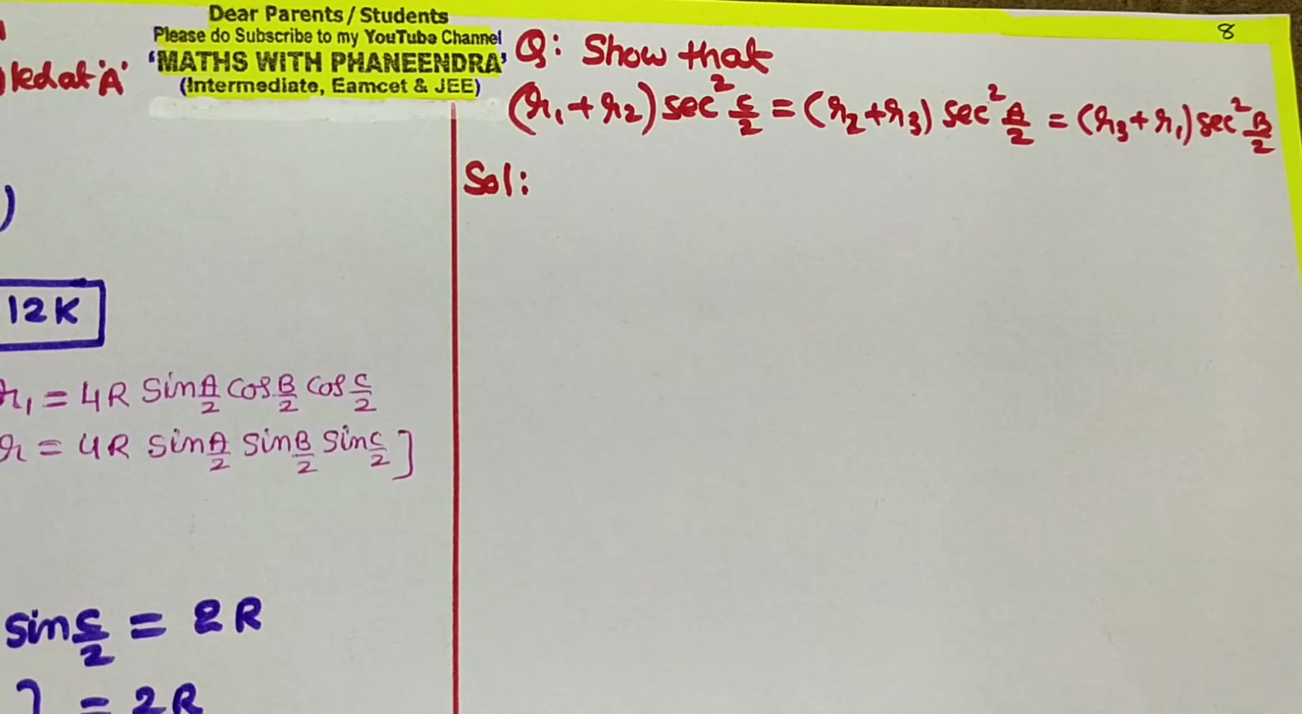Next question: show that (r1 plus r2) into secant square C by 2 equals (r2 plus r3) into secant square A by 2 equals (r3 plus r1) into secant square B by 2. So here among the three, any one of them we will consider and we will get the answer. Similarly, we can prove the remaining also. So consider